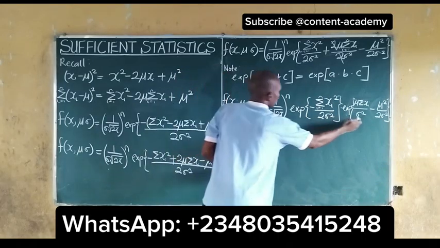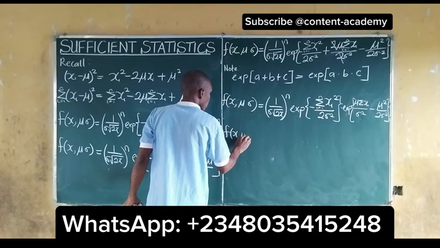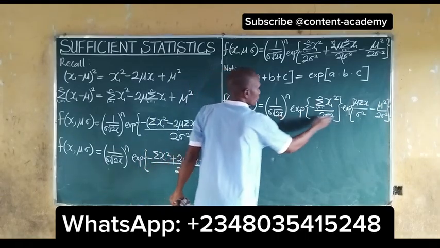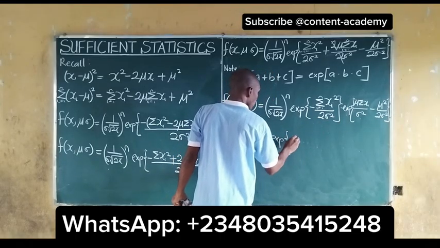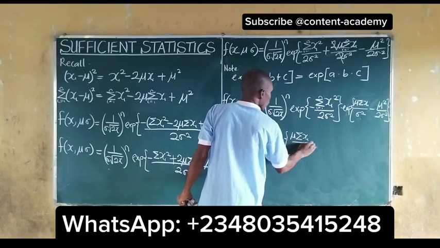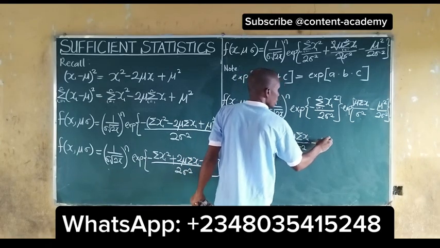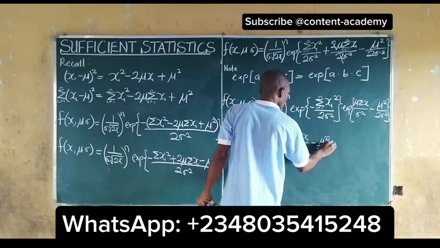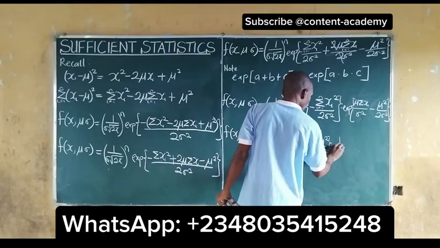So we can bring this over to this side. So our f of x, mu, sigma will be equal to, this can come over here, exponential mu summation of xi all over sigma squared minus mu squared all over 2 sigma squared, multiplied by 1 all over